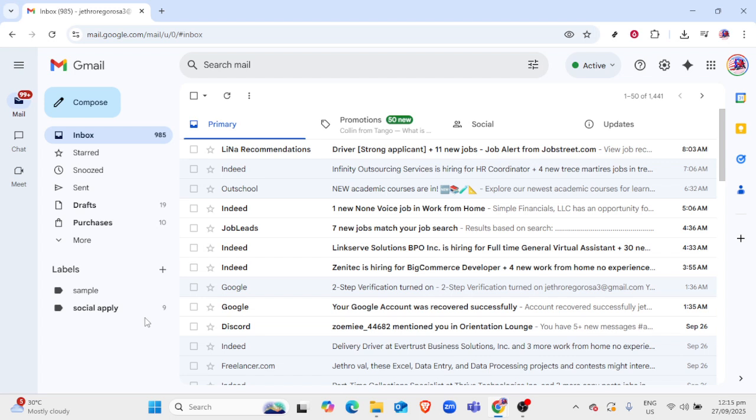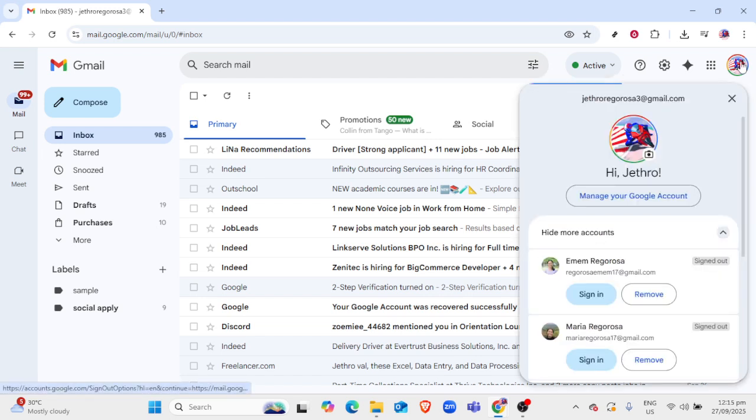Next, click on your profile picture or the initial that represents your account in the upper right corner of the page. This will bring up a quick menu showing your current profile image, if any, and give you access to your Google account settings. Make sure to click on the Manage Your Google Account button to proceed to the main